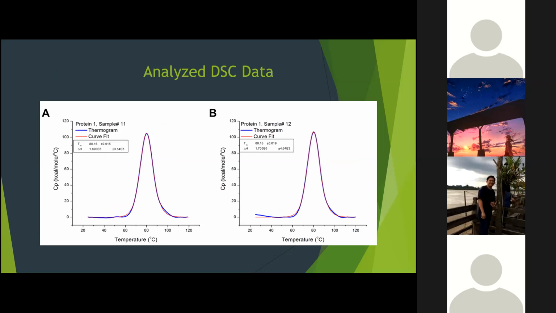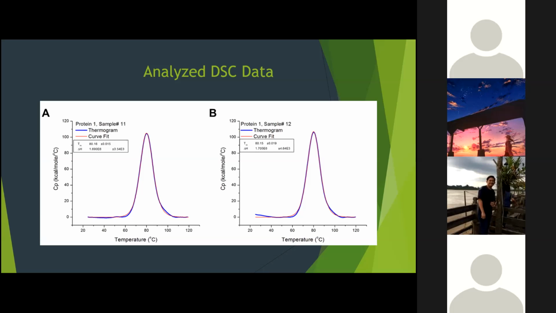Okay, next is analyzing the DSC data. From the raw data, two proteins were analyzed, which are protein 1 and also protein 2, as presented in the last graph. So this graph shows the result of the baseline subtraction and iterative curve fitting. After baseline subtraction, the blue line reflects the thermogram, while the red line represents the curve that best matches the thermogram. So we can see in this picture,